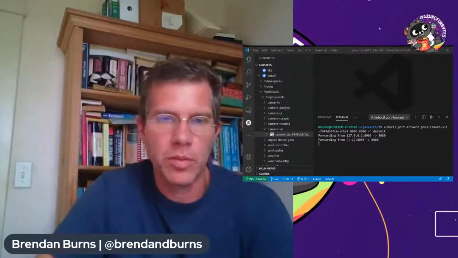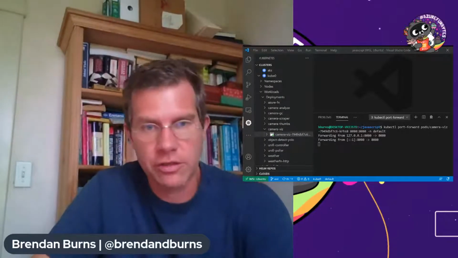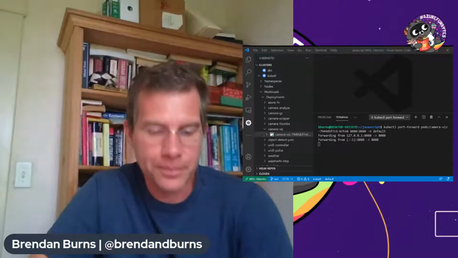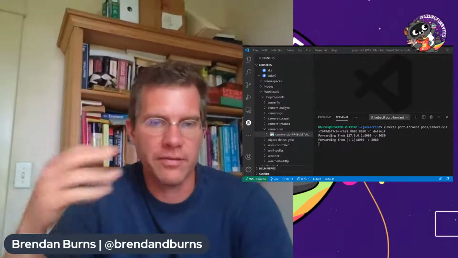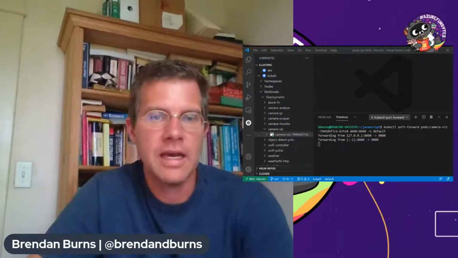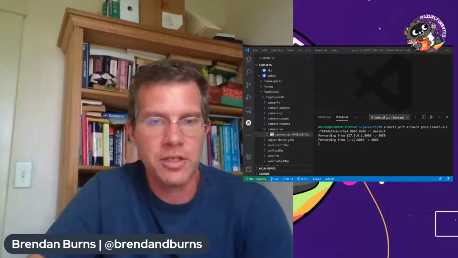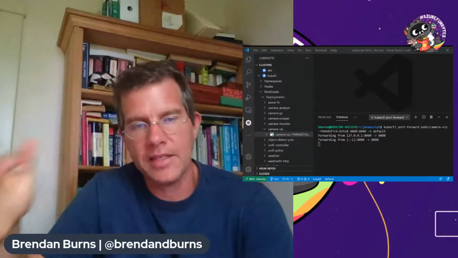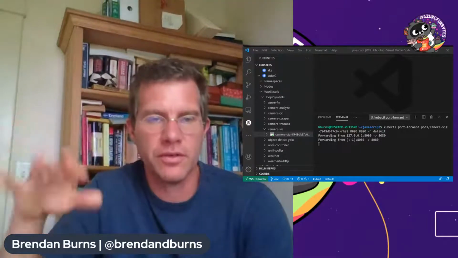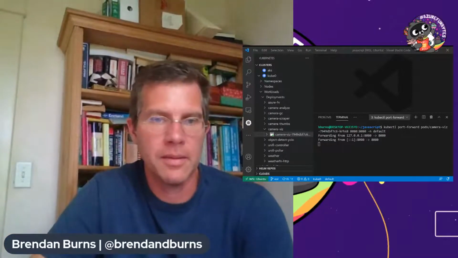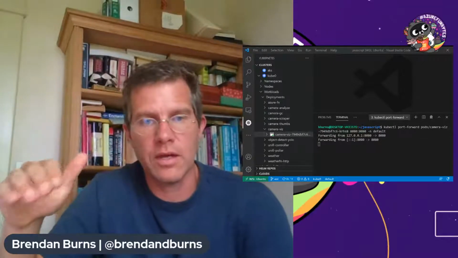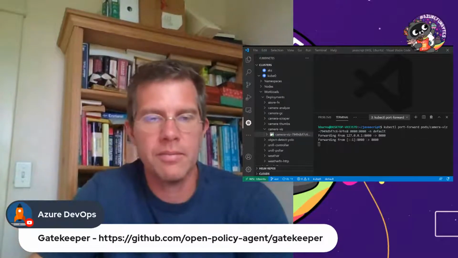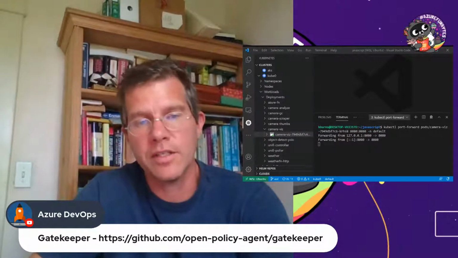And the Gatekeeper project that Azure started, but then donated to the CNCF under the policy framework that's already in the CNCF, and has now gotten industry adoption, is the way that we're seeing IT or DevSecOps or whoever plays that role in your company ensure that not only do we try and guide people down the path, but that it's impossible to go off that path.